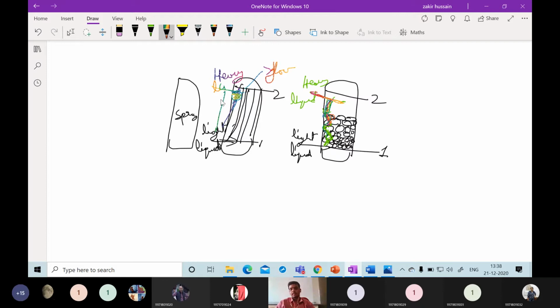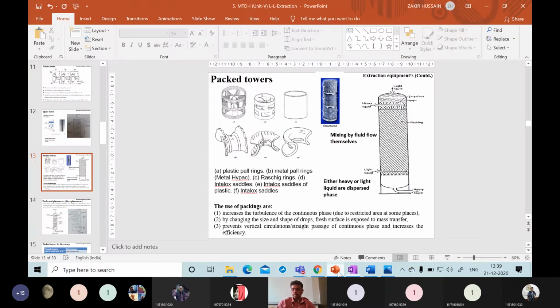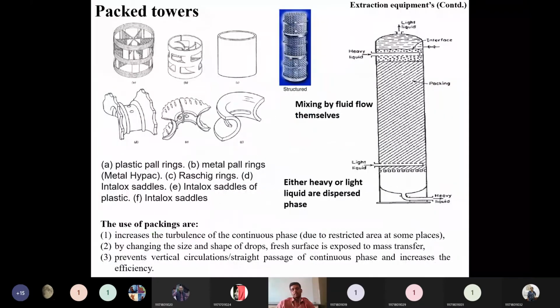Here, if you consider this is some 3 centimeters, the light liquid has to travel from 1 centimeter to 3 centimeters. Here it has to travel in the tortuous direction. So this is 3 centimeters, and the tortuous path will be maybe 6 centimeters or 7 centimeters, depending on how the openings are. So that is called a tortuous path. The measure of this tortuous path we can call tortuosity. So the length of the path will be increased. That's the advantage of this continuous fixed bed or packed column.